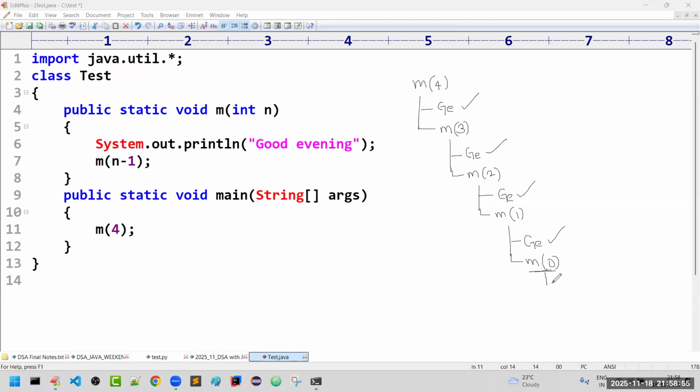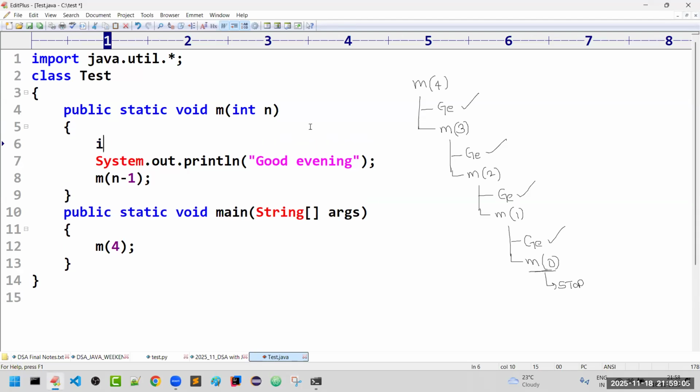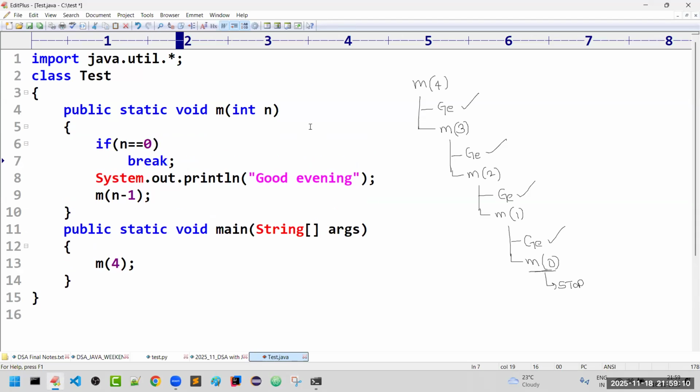That means whenever 0 came, can you please stop the process? How you can stop the process? If it is a loop, you can use some if condition. And what is that if condition? If number is 0, we can use break. But it is not a loop, right? It is a method. We have to use one special keyword, sir. What is that keyword? Return. Sir, are you returning any value? No, because what is the return type that they have given? Void. Void means there is no explicit type. Simply we are returning. That's all.